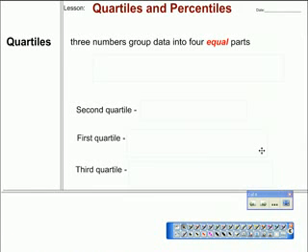All right, today we're going to do two things. We're going to learn about quartiles and percentiles. Now, as stressed here, quartiles are three numbers. So we're talking about individual numbers. And there are three of them. So three individual numbers